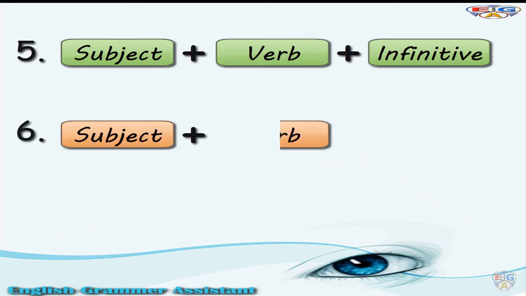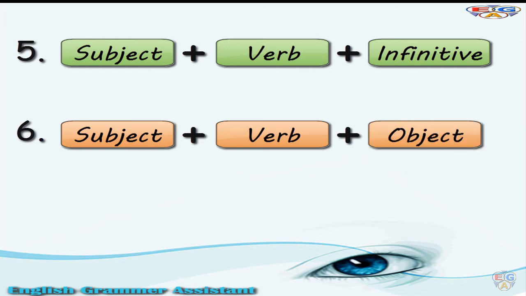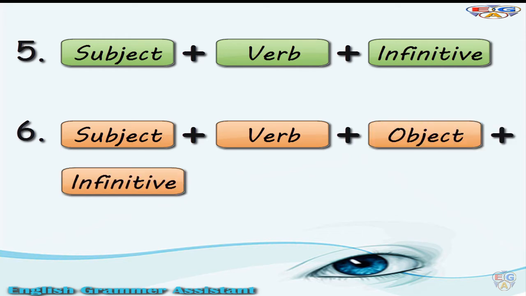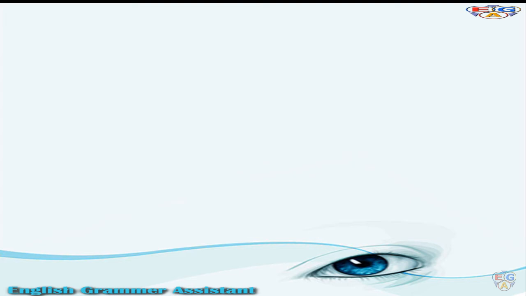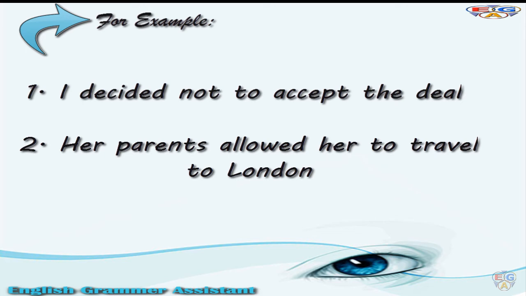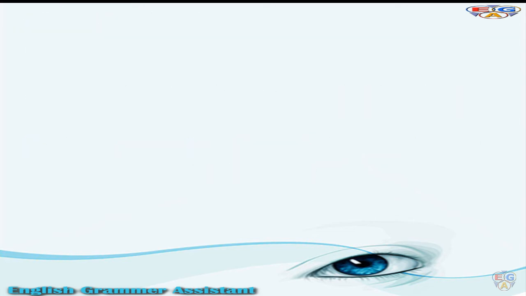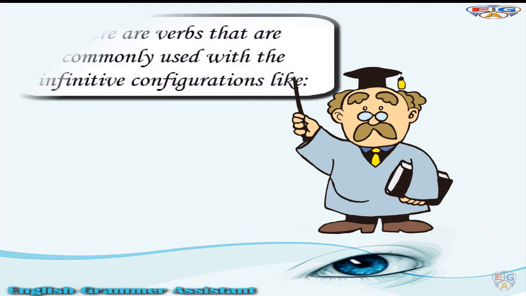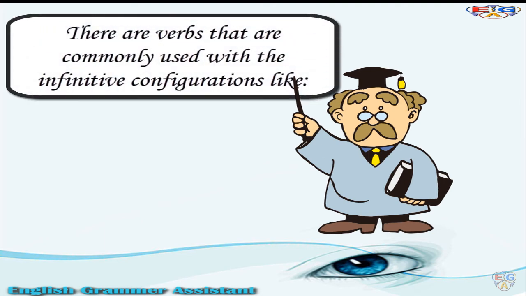The sixth configuration: the subject, plus the verb, plus the object, plus the infinitive. For example, 1. I decided not to accept the deal. 2. Her parents allowed her to travel to London. There are verbs that are commonly used with the infinitive configurations, like